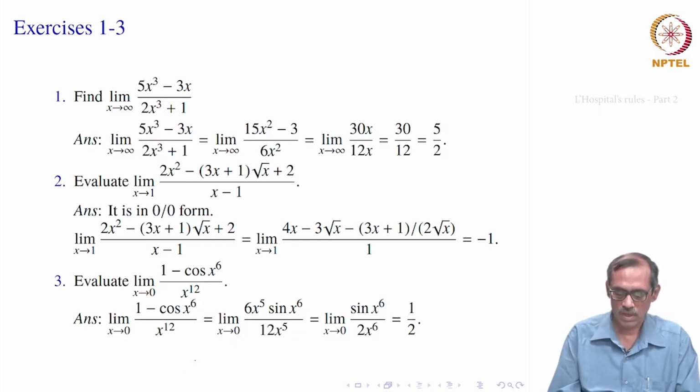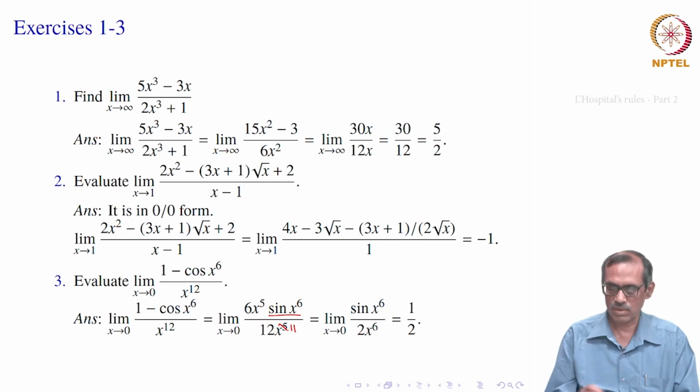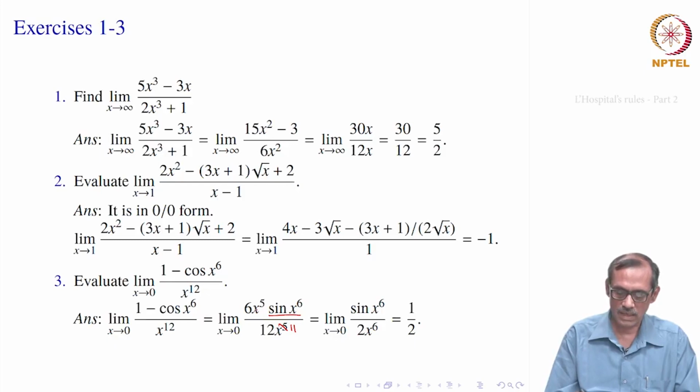We apply L'Hopital's rule. So, derivative of 1 is 0 and minus cosine x sixth. So, first minus cosine of t, that gives sin t. So, it is sin of x to the power 6 into dt by dx, it is x to the power 6, that gives 6 x to the power 5, and denominator is 12 into x to the power 11, right. Now, this is sin x to the power 6 by 12 x to the power 11, and top we have x to the power 5.